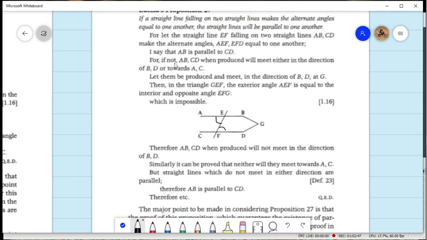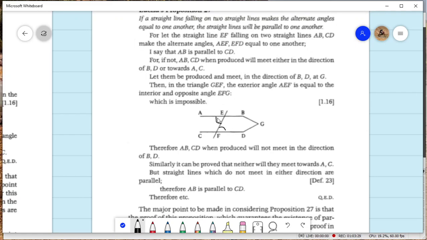Now if not, so this is proof by contradiction. Suppose they are not parallel, meaning they should intersect somewhere. So when they are produced, they will either meet on this side or on this side. So either in the direction of BD or towards AC. So let's just say they meet in the direction of BD at some point G here. Then in triangle GEF, this triangle here, this triangle GEF,